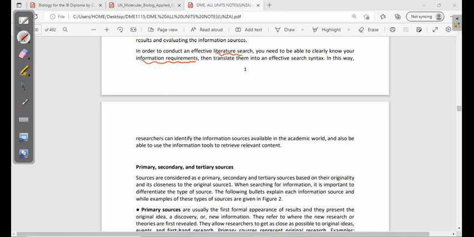Well, I gave an example earlier about atomic structure. So first you need to identify, what do I need to know about this subject? Is this a definition? Is this the different types of atoms? What do I want to know about that? And if I know what I really need to know about this subject, then that is going to help me to understand what kind of information source I need to go to and what kind of information tools I need